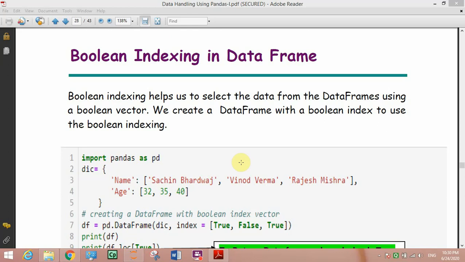Hello students, today we are going to cover two topics. First one is Boolean indexing in data frame, and second one will be concatenating two data frame or merging two data frame into third data frame. So first of all we will see